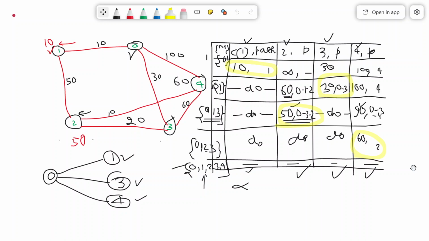Now I will go into another iteration where we have relaxed node 2. So node 2 is relaxed here. And 2, we have reached via 3. So previous node is 3. What is the previous node of 3? Previous node of 3 is 1. So I will go to 1.